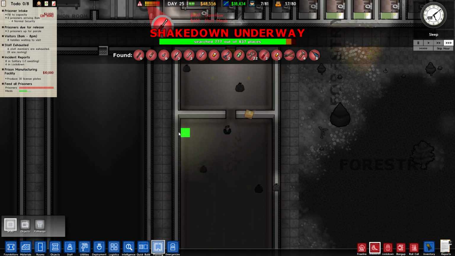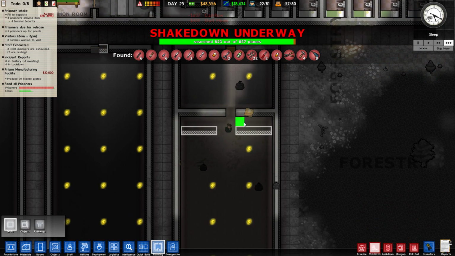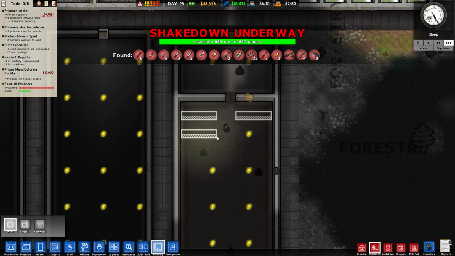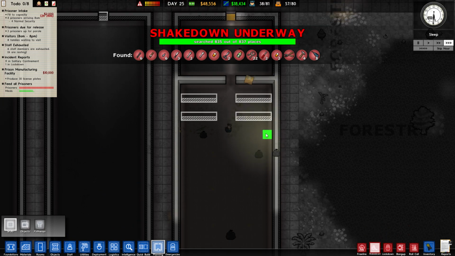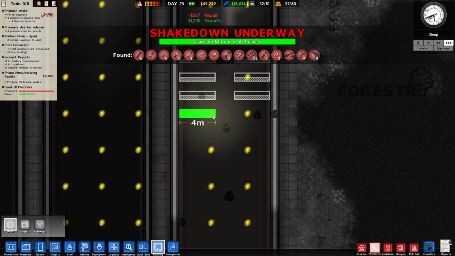Clear, clear, clear. All right, so they're going to be 4 meters long each side, like this. The first 4 are going to be solitary. And they can have, you know what, they can have all of the standard goodies that you would normally have. And then going into solitary. Do I even need...